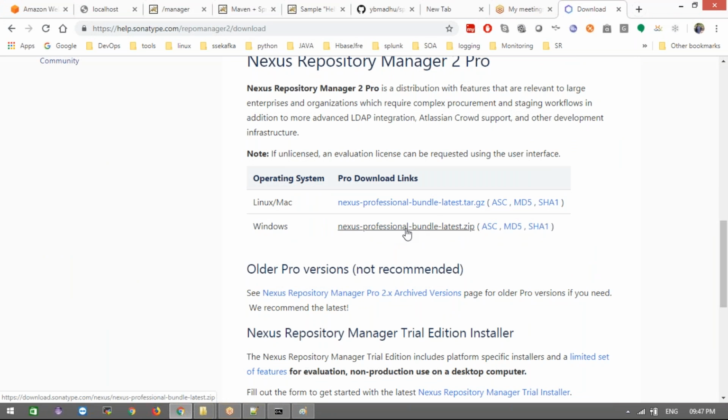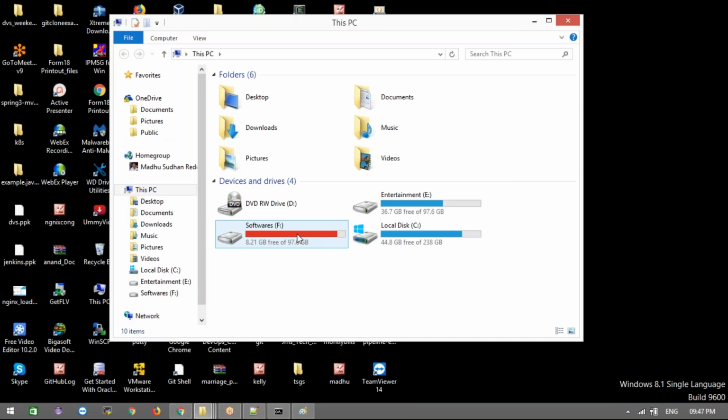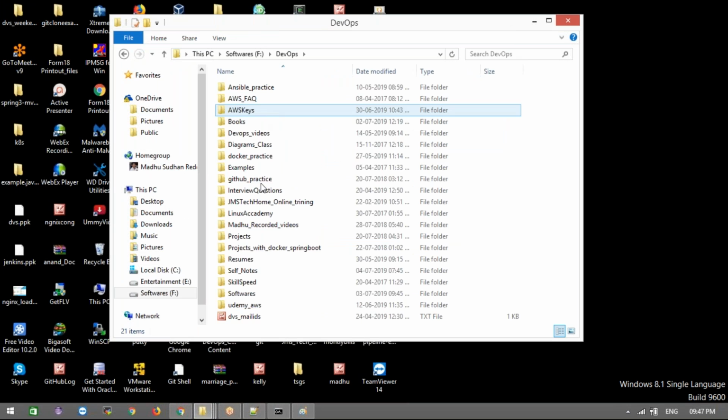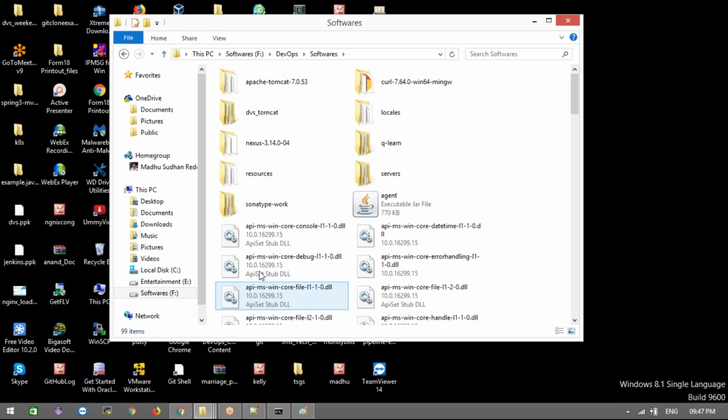If I download this, what will happen? It will get the folder structure like this: softwares and DevOps softwares.